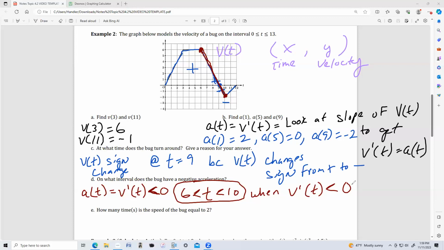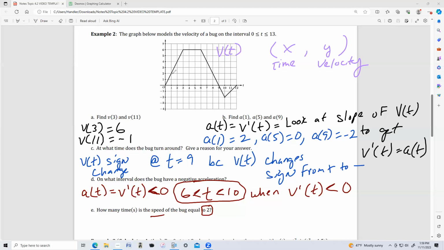All right, and finally, part E is a little bit of a tricky question. It says, how many times is the speed of the bug equal to 2? Well, we're not really given the graph of speed per se. We were given the graph of velocity. So once again, this is v of t, which is depicting velocity. So speed is a velocity, but you strip away its sign. Okay, so we have a speed or a velocity of 2